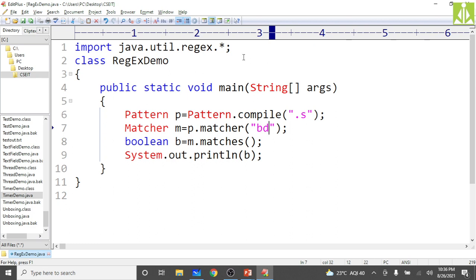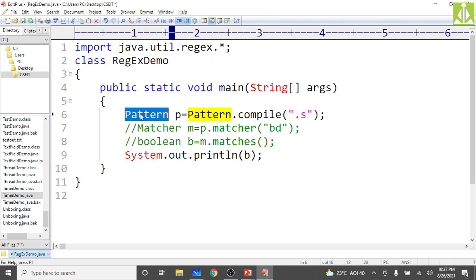Instead of writing these many steps, I will put these steps into comments. Because the matches method returns the boolean value, take that b only, because we are printing b here. Instead of compile and all, directly we are calling matches.